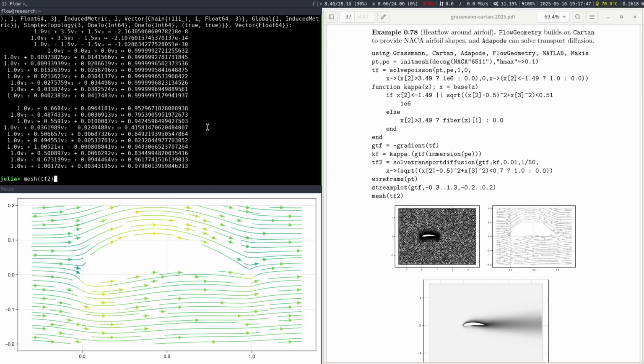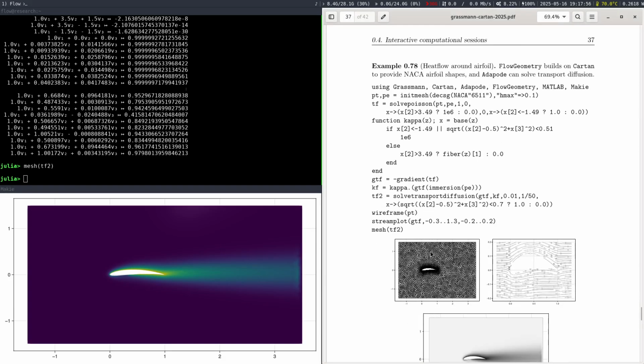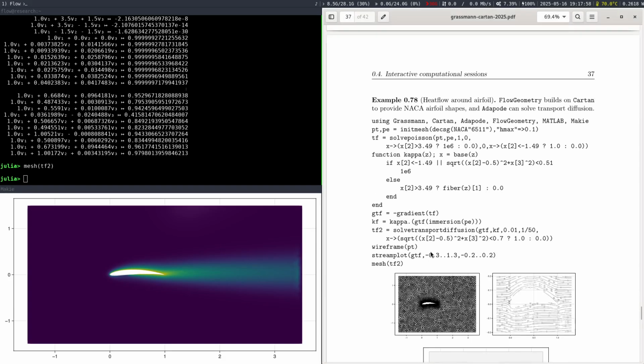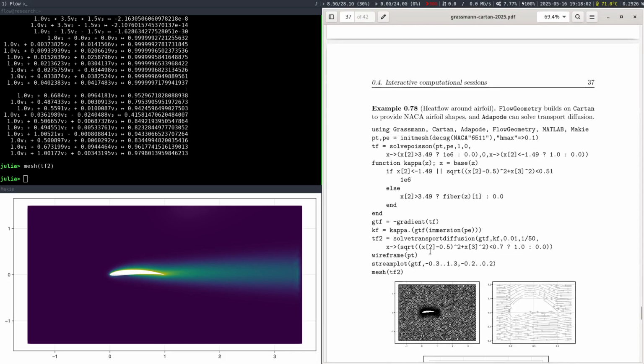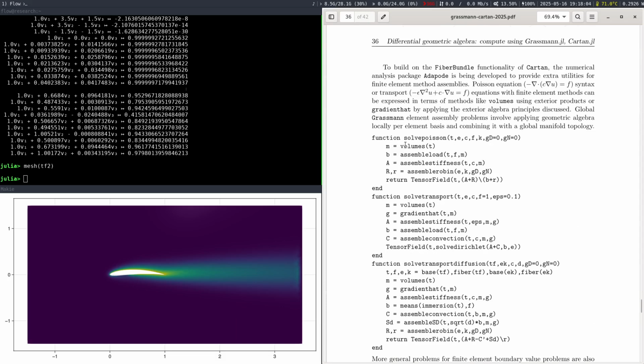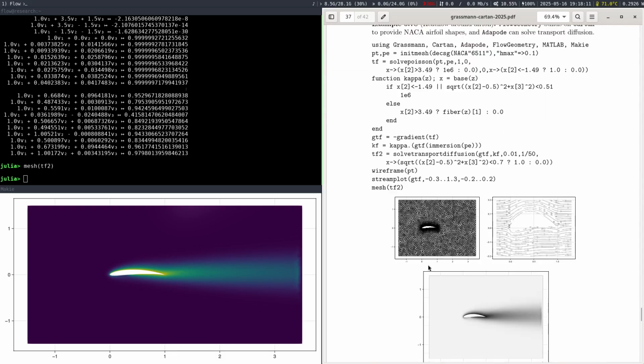Okay, and so now that was solving the transport diffusion. So that was the heat flow on the airfoil. So that was just to demonstrate some of the finite element calculations, kind of standard. It's just to give an example. So those are the solve Poisson and solve transport diffusion examples, just to show